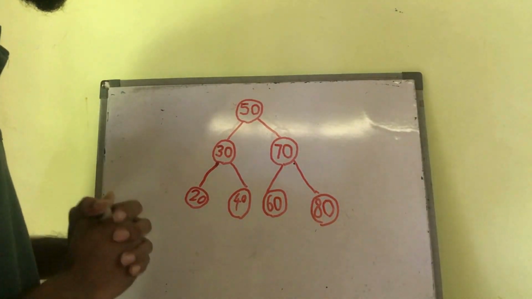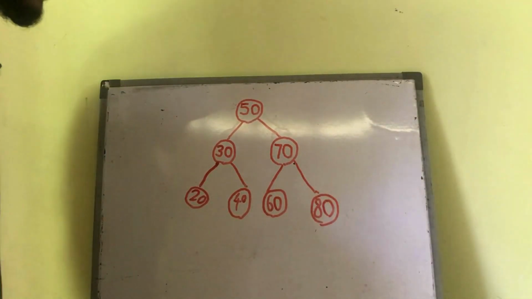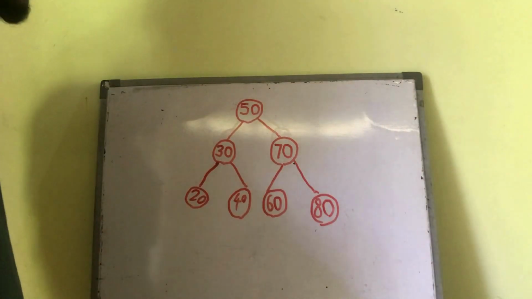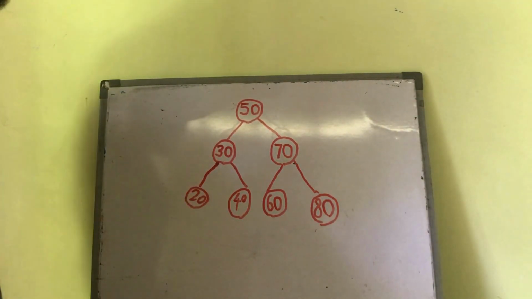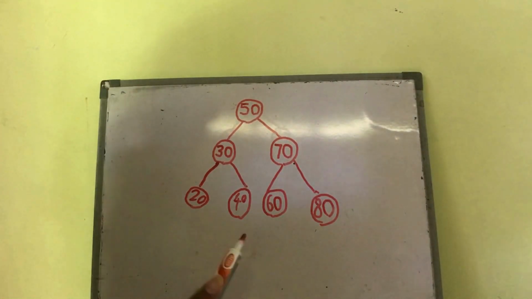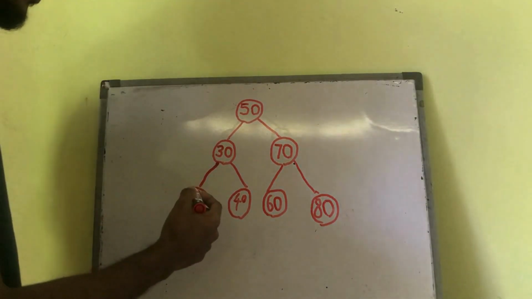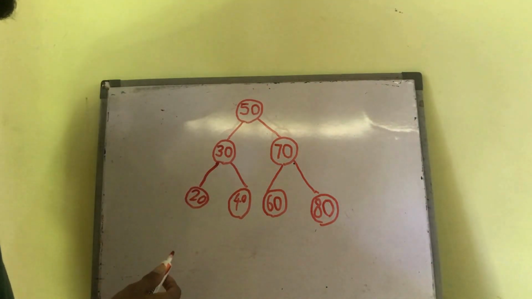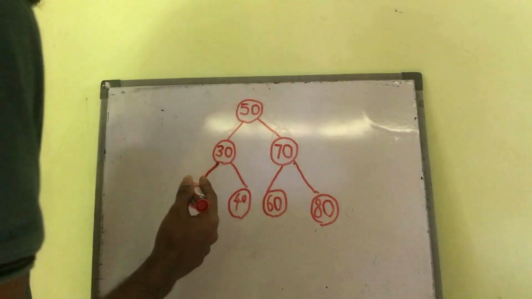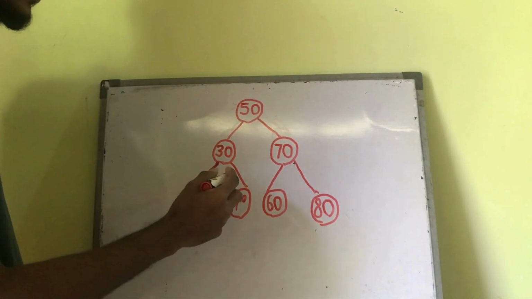Now we're going to explain how to delete a BST node in this structure. We need to handle 3 cases in the deletion part. The first one is the leaf node, how to delete it. I'm going to choose the 20 element of this structure, and explain how to delete this 20 node.